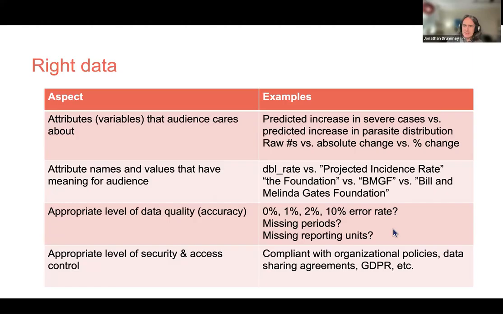The level of data quality and accuracy. So how big a deal is it that we may be missing some data, or if there can be errors in the data, what's an acceptable error rate? So for example, I was working on some project management data around budgeting, and I found the project teams needed those numbers to be exact and to be able to explain every variance. Whereas the finance people who are working with larger data sets, they have a better understanding of the data, they were accepting a higher error rate in the data. And then the appropriate level of security and access control, always need to think about that.